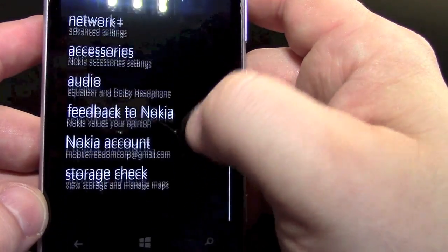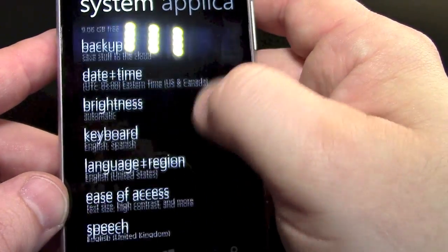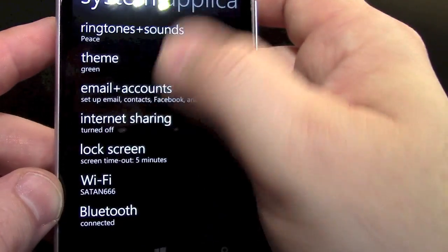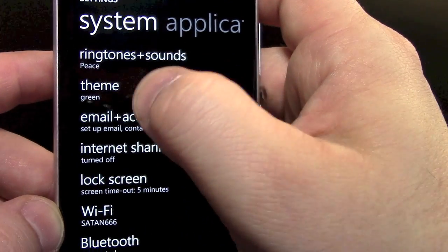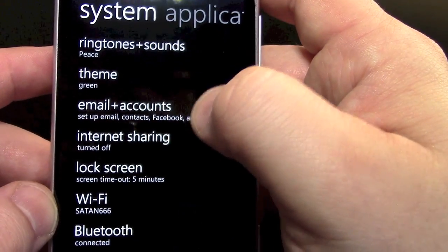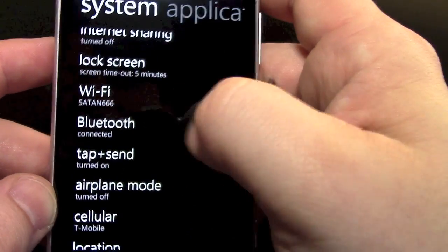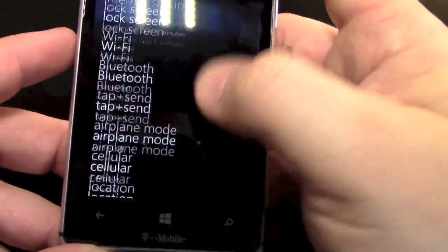You go to, where is it? And these things here, guys. Windows, why don't you alphabetize this? Well, at least give us the option. The ringtones is important. The theme doesn't need to be there. Email accounts, I would put your Wi-Fi up top. Well, there's so many other things you can do with this. Come on, guys. Let's work on this. But anyways,